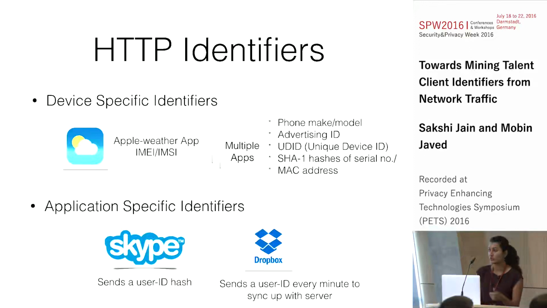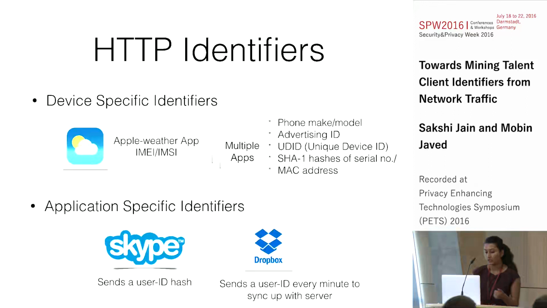But broadly, we divided our results into HTTP identifiers and non-HTTP identifiers. In terms of HTTP identifiers, first, our work reaffirmed the existing knowledge that mobile device identifiers such as IMEI numbers, phone make and model, and advertising ID are conveyed in the clear by various mobile apps. But what is less understood is what happens in a desktop-based environment. Besides browsers conveying tracking information, what other software or applications are conveying tracking information to servers around the world? What our work found in this category was Skype and Dropbox. They send out identifiers in the clear. And what is very interesting about Dropbox is that it sends out an identifier every single minute